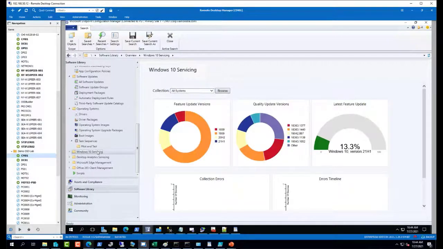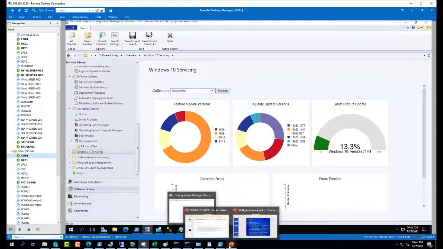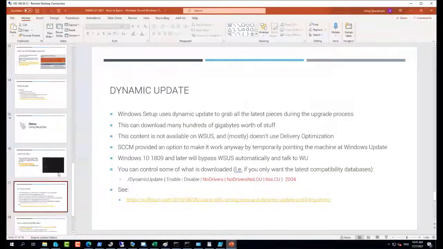You deploy them first to make sure that the machine is ready and the setup config file is in place, have all the bits it needs and whatnot, and then we start the upgrade. And then we have another item that fixes everything that the upgrade possibly broke. So, setup does have very, very limited